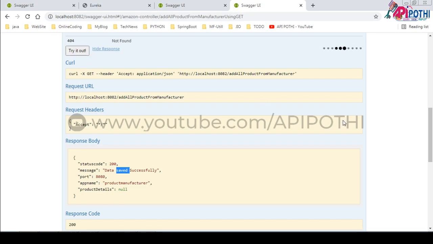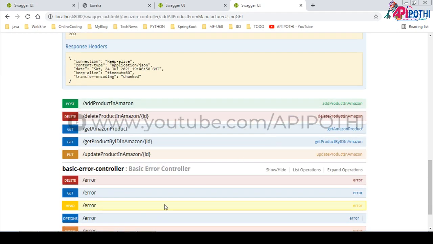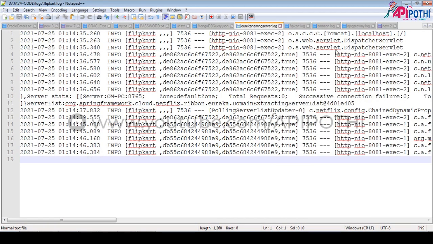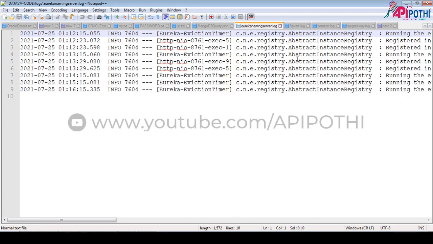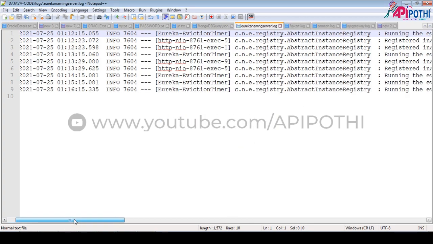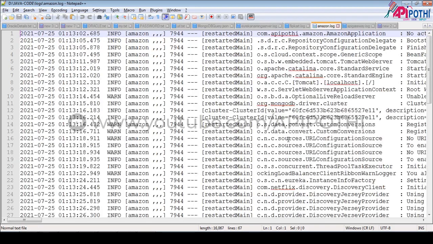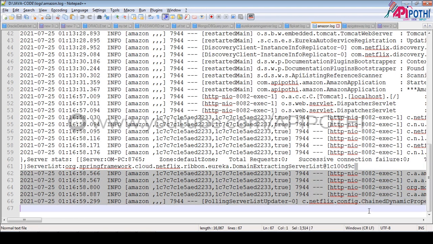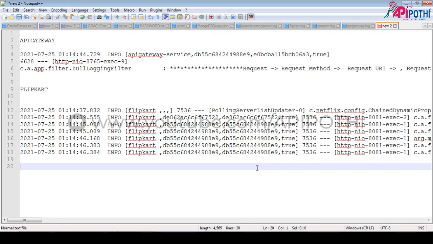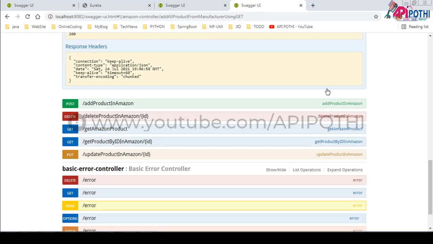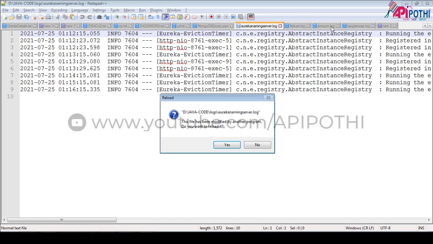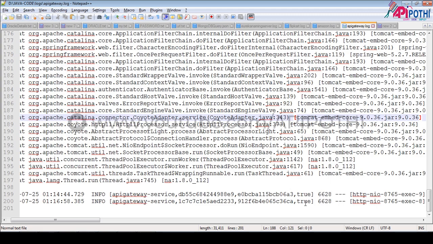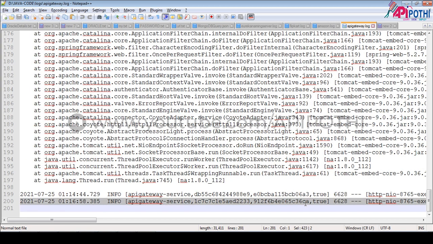Same way, if we want to hit from Amazon, wait for a second. Now go to the Amazon. Come down, see this is the number generated, copy this one, paste it here. Now again go to the API gateway, and for API gateway this is the number.